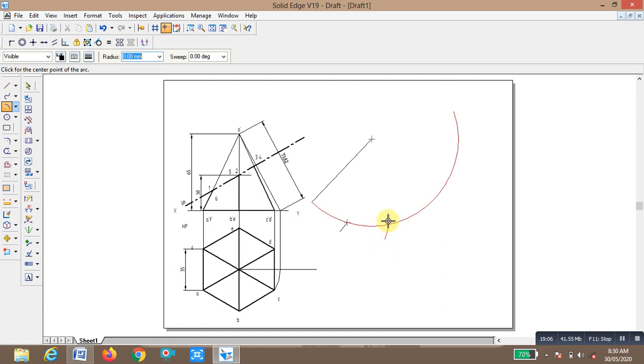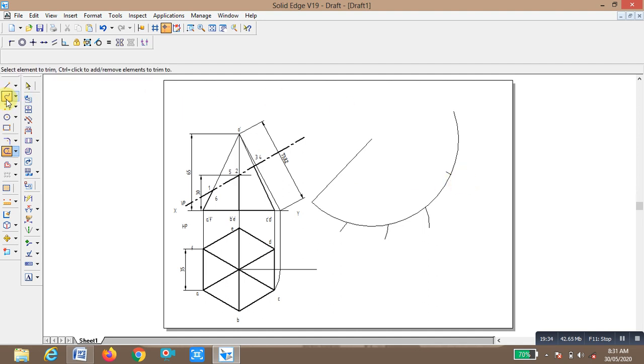Again arc by center point. Select this distance 35, draw the arc, trim this. Go again to arc by center point. This is the end point, consider the length of 35 and draw the arc.